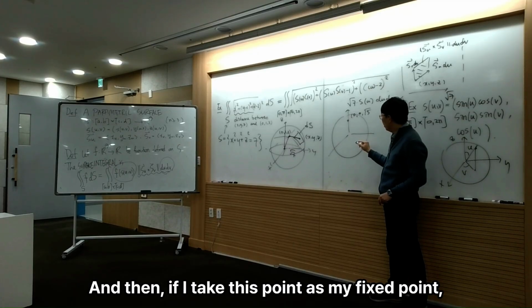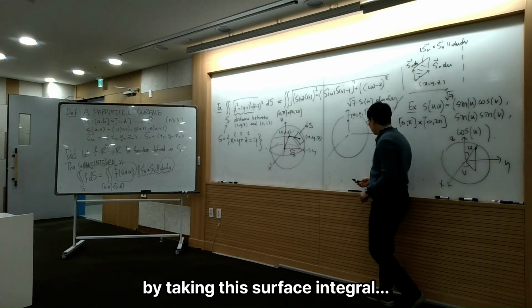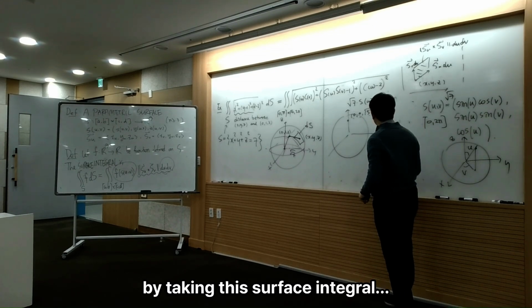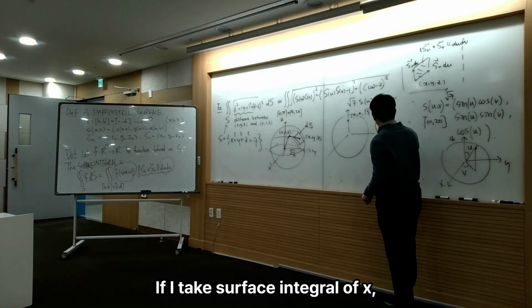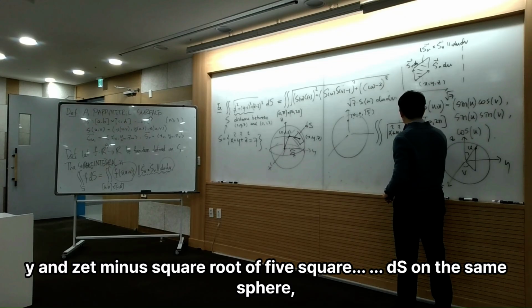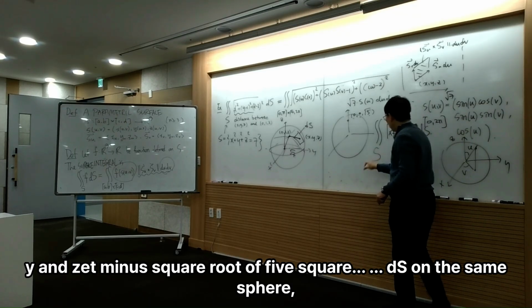Then if I take this point as my fixed point, I'm doing the same thing by taking this surface integral. If I take the surface integral of x, y, and z minus square root of 5 squared dS on the same sphere,